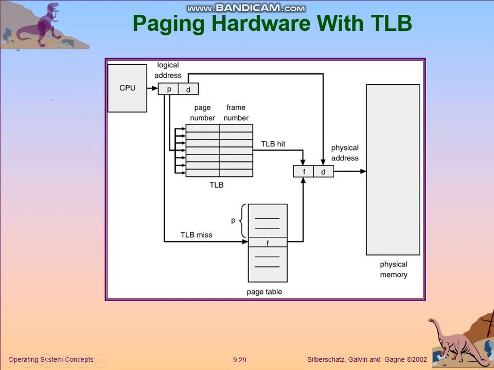One is for the CPU accessing the page table, which will take 100 nanoseconds. Again, from the page table it needs to look at the frame number, which will take 120 nanoseconds. So in total, if the CPU wants the data from physical memory, it takes 220 nanoseconds. I'll repeat: if the CPU wants the data from the TLB, it will take 20 nanoseconds. If the CPU wants the data from physical memory, it will take 220 nanoseconds: 100 nanoseconds for the page table, 120 nanoseconds for retrieving the data from the frame number.